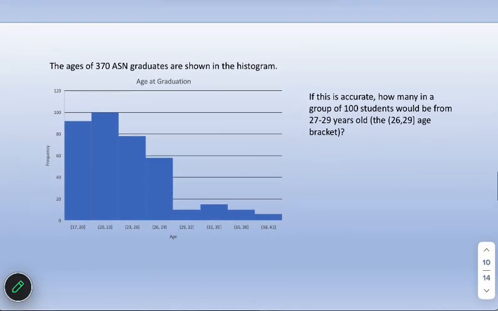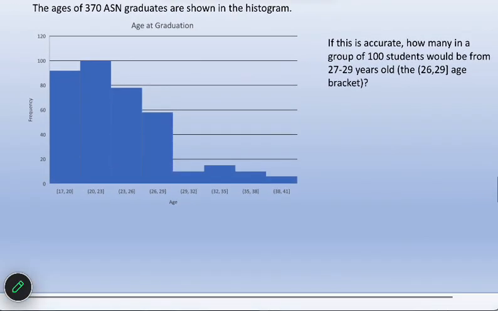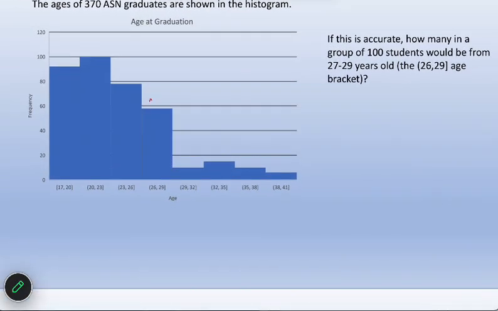It says, if this is accurate, how many in a group of 100 students would be from the 27 to 29 year old. Now, 27 to 29 year old, I said was roughly 58. That's this one right here. So let me put that information. That looks like it's about 58. Okay, so if we know that 58 out of the 370 were the category, the bracket that we're looking for,